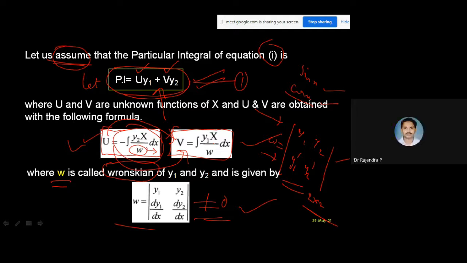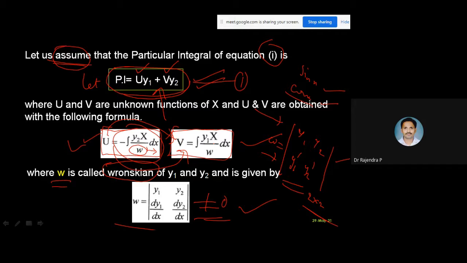Okay, sir. That's not a problem for you. Anyway, you are going to get u and v. That is what they want, isn't it? So it's not a problem. But that minus, how did you get it? It's from the derivation that you got that minus. That's all. You try to remember this.